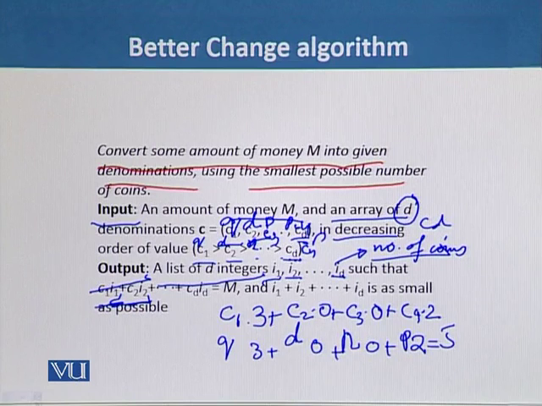So in the later part of this algorithm, we have I1 plus I2 plus up to ID. That is again the number of coins. I1, in the case of quarter, is 3 coins, I2 dime is no coin, I3 nickel is no coin, and if ID is considered as penny, then 2 coins, and in total we get 5 coins.